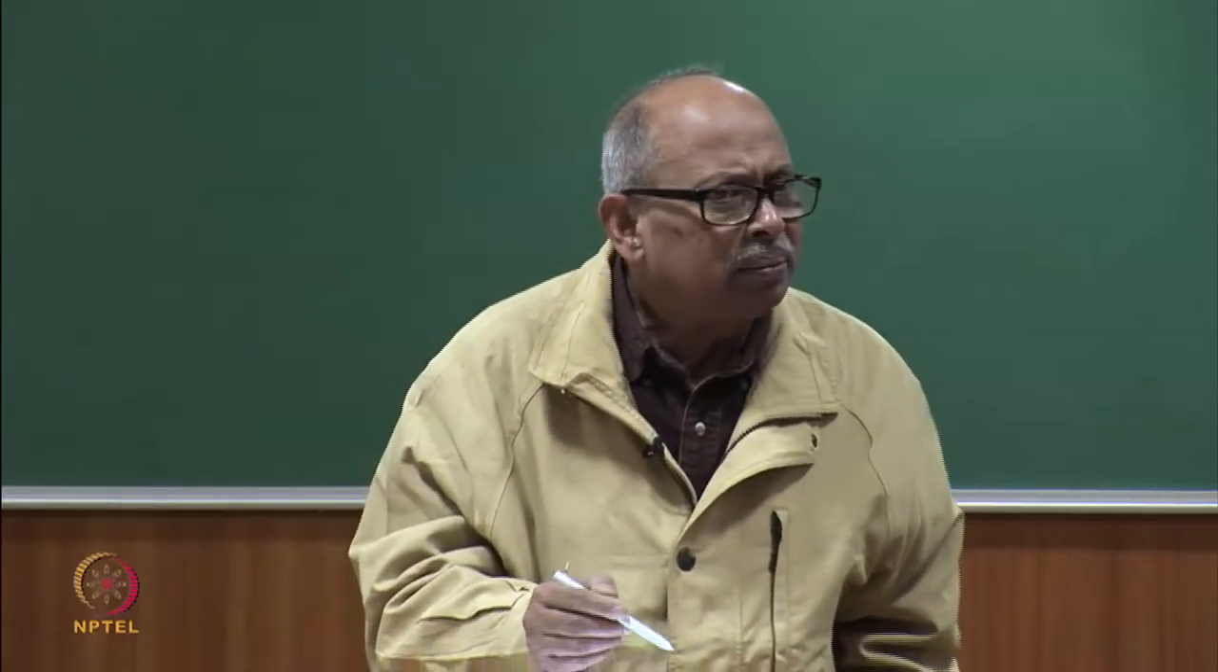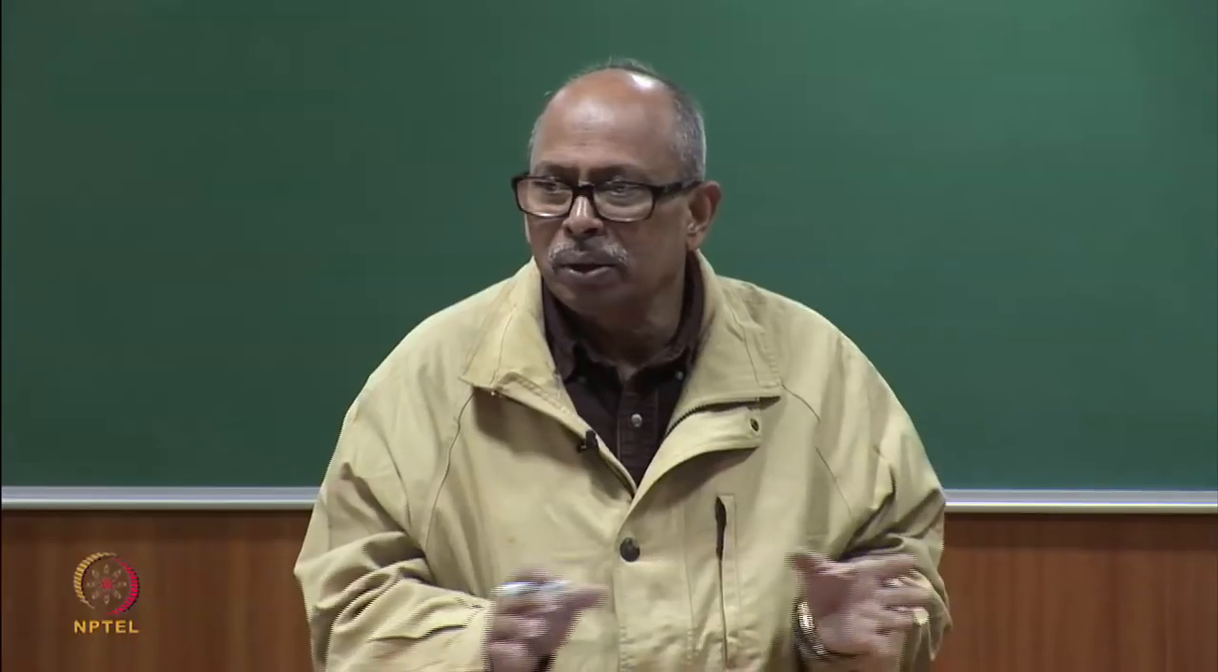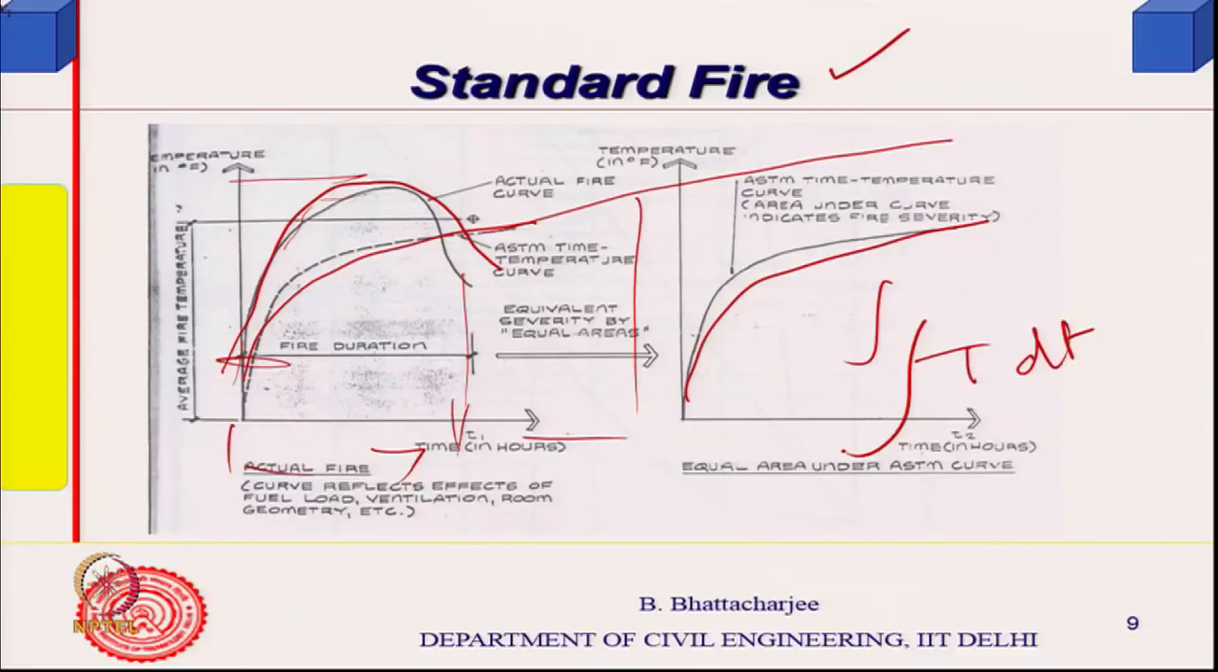That would be one of the simple ways: integrate the area under this curve. Supposing I consider temperature T and a small time dt, I want to take the effect of both. So just integrate it over the time from 0 to whatever time you like. So basically, the area under the curve